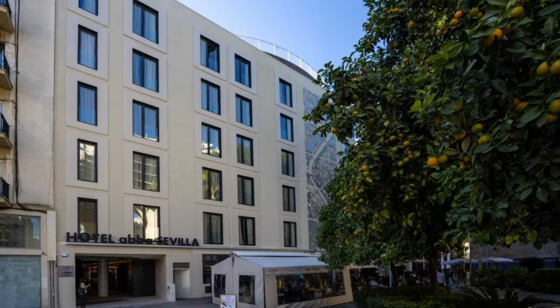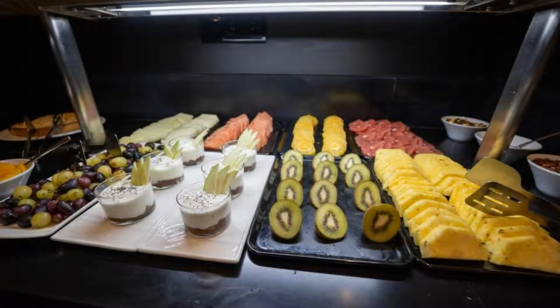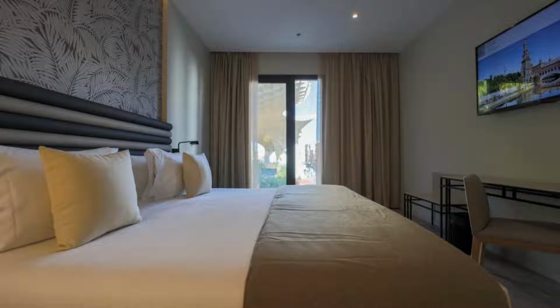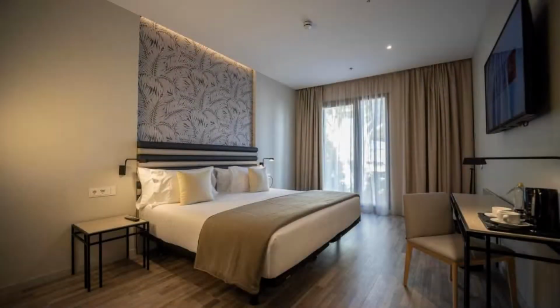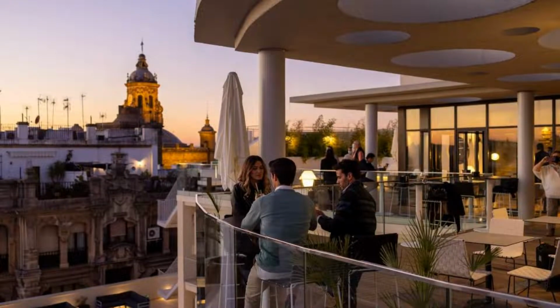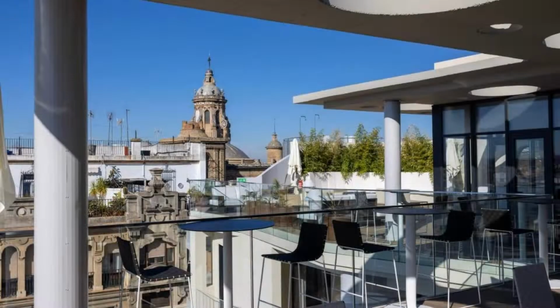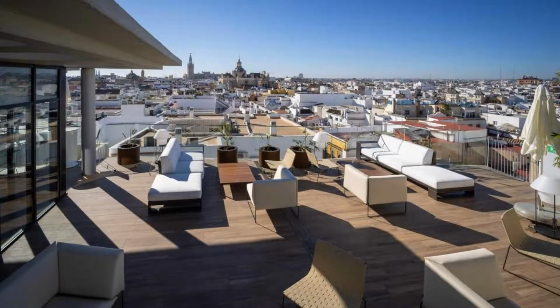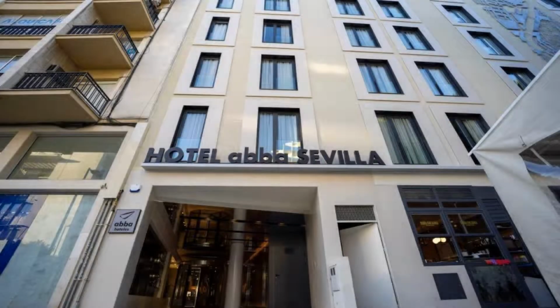You are now watching a 4-star hotel. The location of the hotel is attractive and guests love walking around the neighborhood. There are 10 types of rooms available on booking.com. You can book online and enjoy it. You can see more than 100 reviews of this hotel on booking.com. Its review rating is 8.9,